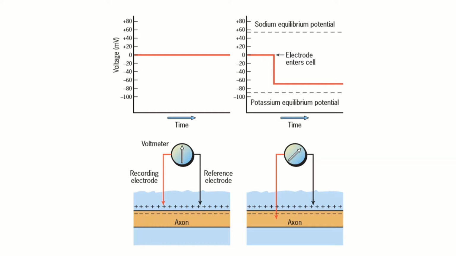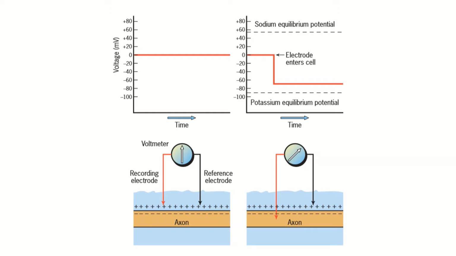Okay? So take note, we are not talking here about negative ions. We are simply talking about relative charges. Again, the charge on the outside of the cell membrane is relatively more positive than the charge on the inside of the cell membrane. So that's why we have a plus and a minus sign here. When a voltmeter has its electrodes placed both on the outer sides of the cell membrane, as you can see here on the left, there is no visible sign of changes in voltage, as shown on the graph above it.